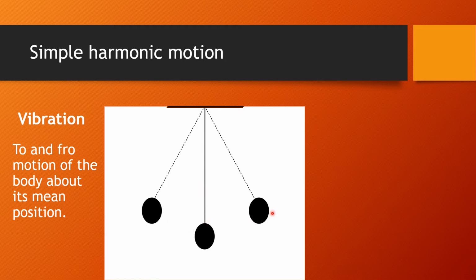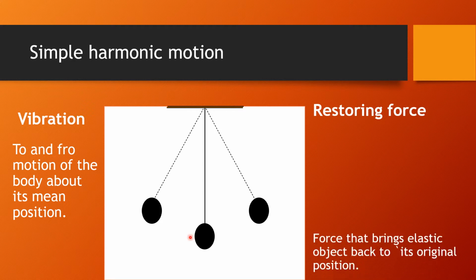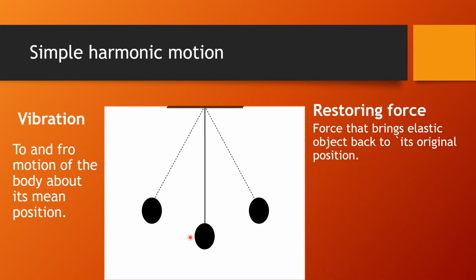If we apply force, then it will start oscillating due to two conditions which are required for simple harmonic motion. First, the restoring force, which brings the bob towards the original position. Restoring force is basically the force which brings it to the initial position. The second condition is the inertia, which continues its state of motion or the resting position.